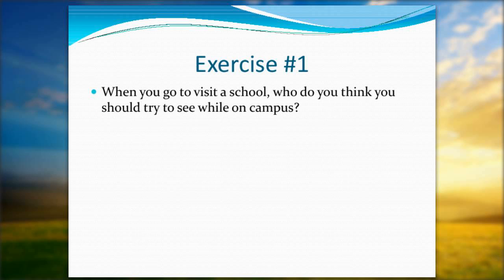All right, so I want to ask you, when you go to visit a school, who do you think you should try to see while on campus? Ask that of the chat. Okay, admissions, dining hall. Yeah, now you know. Admission. Okay. All right, so we're going to talk about it because there's quite a few people you should try